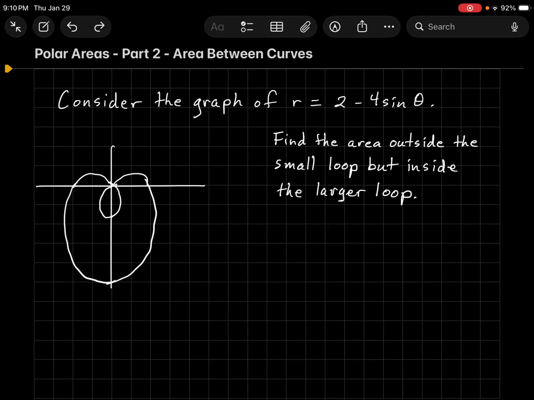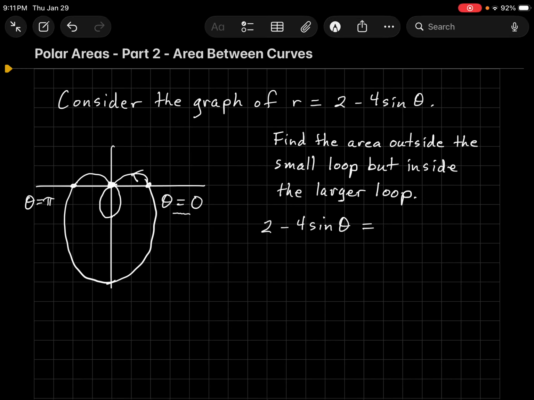done enough graphing to know that we're going to start over here when theta is 0 and go counterclockwise, as we tend to do. We hit the x-axis again at pi, of course. And then we're going to hit the y-axis at least at pi over 2 and 3 pi over 2. But it looks like we're actually going to hit it a bunch of times. So if this is theta equals 0 over here, and we're going counterclockwise, when is the first time that we reach the origin? Well, that, of course,